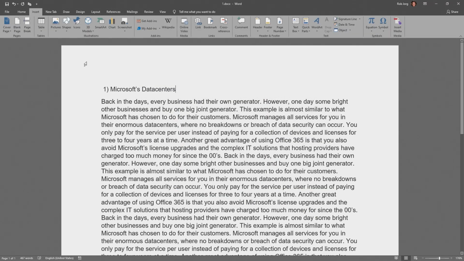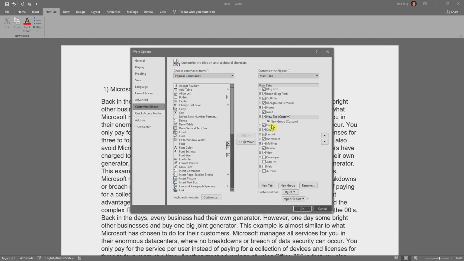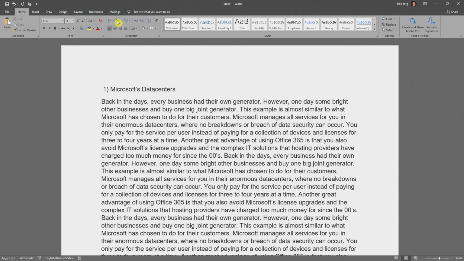Then I say OK. What you now see is that there is a new tab with the things you put in it. So you name your tab, name your groups, just the way you like it. Same thing is, you can remove the group. You can start hiding a group, like here, it's unticked so you don't see it. You can hide these, so it gets a bit cleaner.